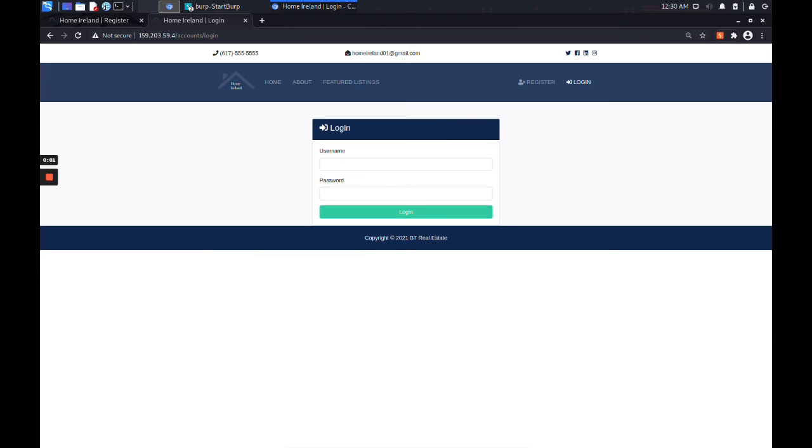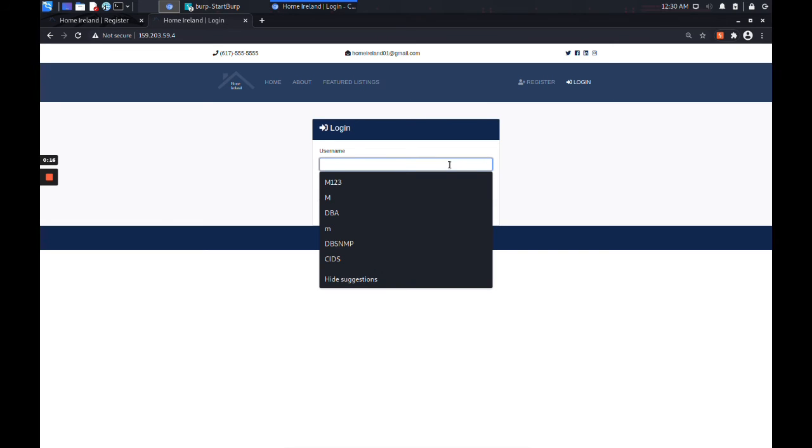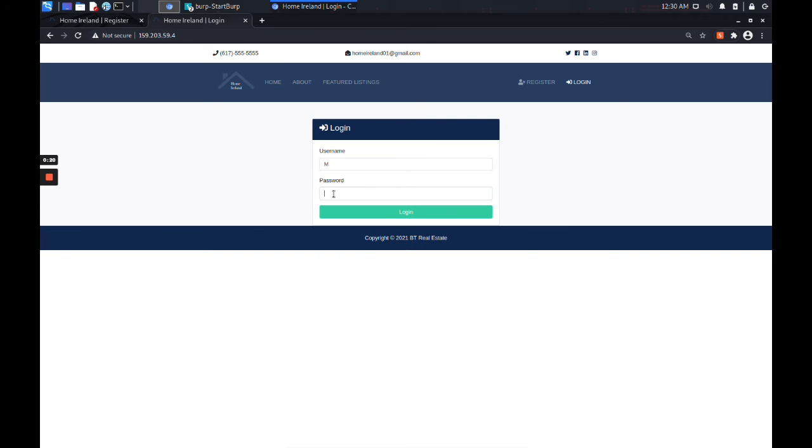Now guys, we are just going to brute force the login page. We are logging into the accounts which we made as a sample brute force, which led to buffer overflow on the registration page. Now we are going to use those accounts to show you it was a successful buffer overflow. We were buffering the memory in a sample way, and similarly we are going to do it over here.